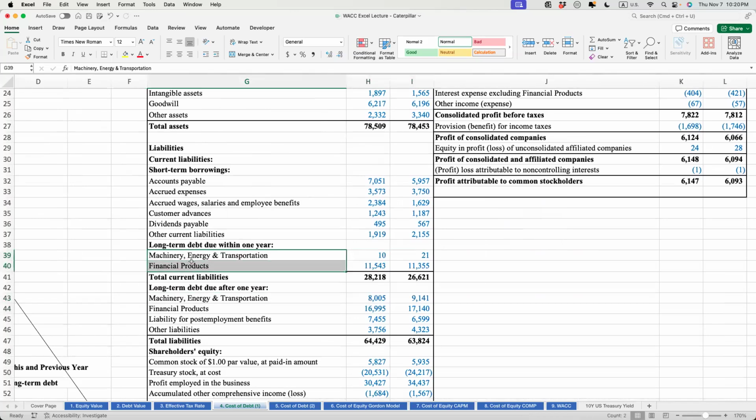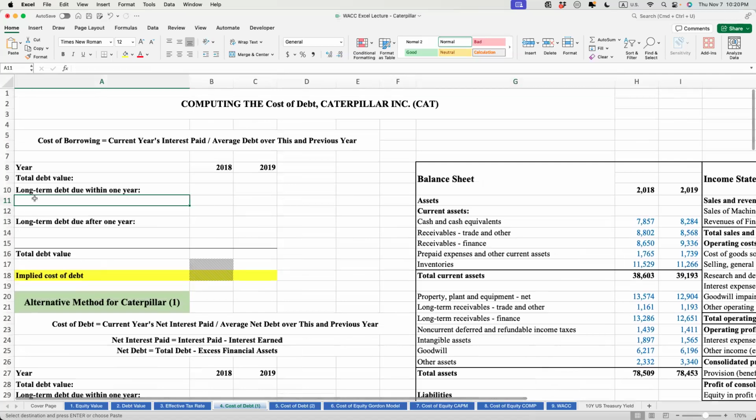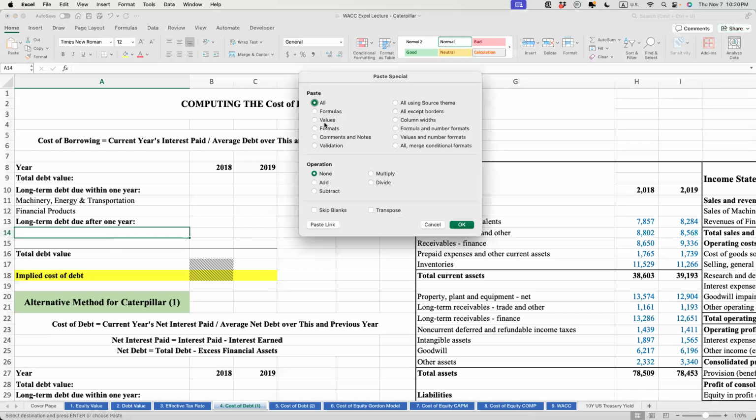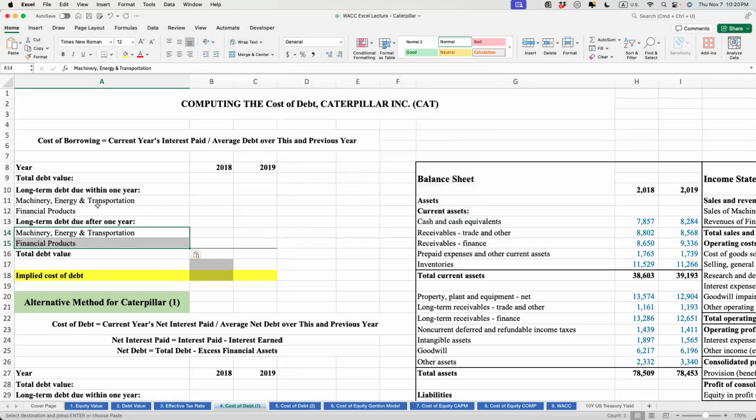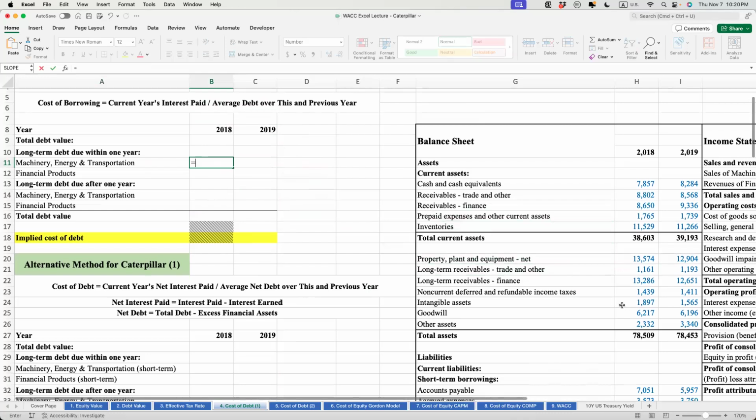So for this one, let's just go ahead and copy those two terms here and two terms here. They have exactly the same name, but the first two are for the short-term debt, which is long-term debt due within one year. The other two are long-term debt. And then let's go ahead and link the values for both 2018 and 2019, because when we're calculating cost of debt, we're going to divide by the average debt, meaning the average between the previous year's debt value and this year's debt value. So this is going to equal